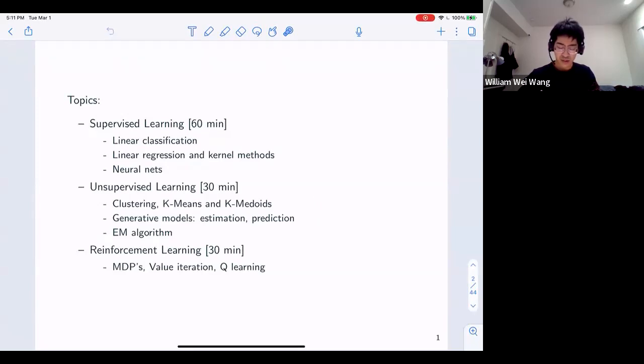And in reinforcement learning, there are just a few topics we didn't talk about too much in class, I think, but there will probably be a question where you have to do some calculations of value iteration and so on. So we'll spend a little time to go over that as well.